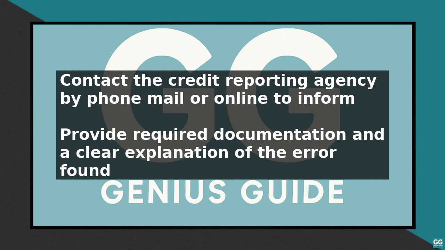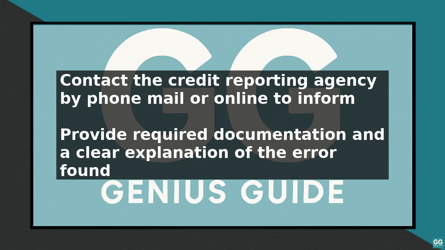The credit reporting agency has 30 to 45 days to investigate and respond to your dispute. If the error is found to be incorrect, it will be removed or corrected on your credit report. If the investigation finds the information to be accurate, the credit reporting agency will notify you and provide the reason